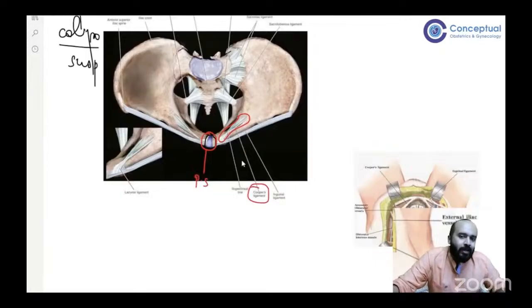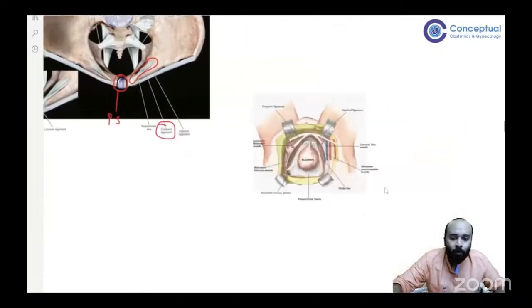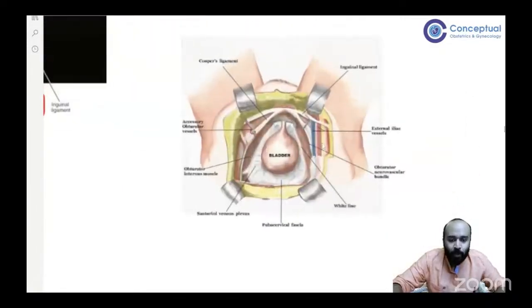These two structures are very important whenever I'm talking about the surgery of retropubic colposuspension. Why retropubic? Because all these surgeries are going to be done behind the pubic symphysis. I'm going to suspend the vagina to structures behind this pubic symphysis. So now if I'm going to put back all the tissues inside it, you can see here,